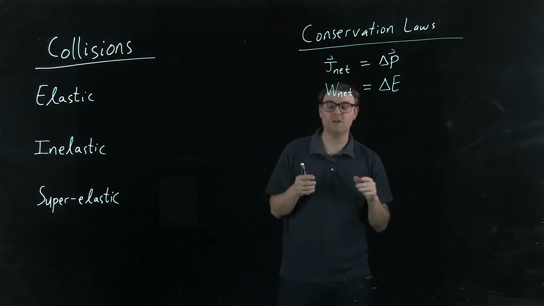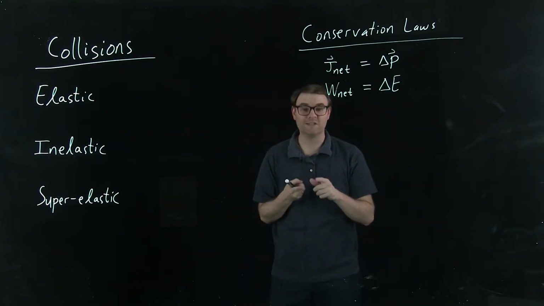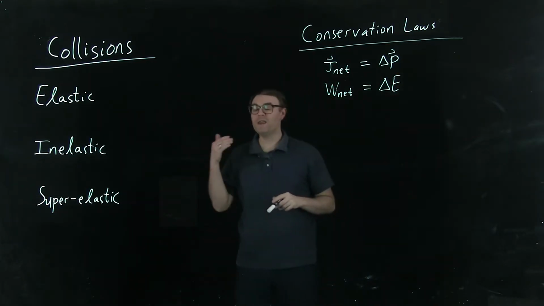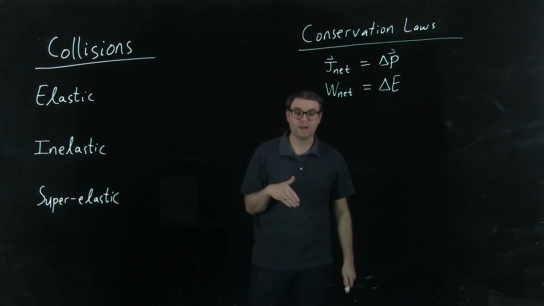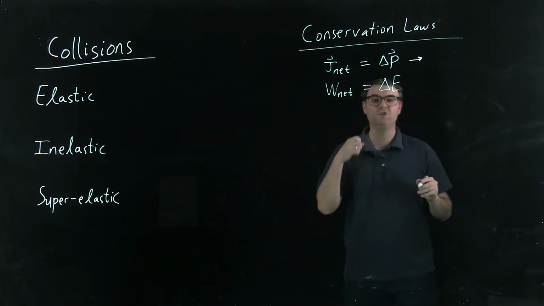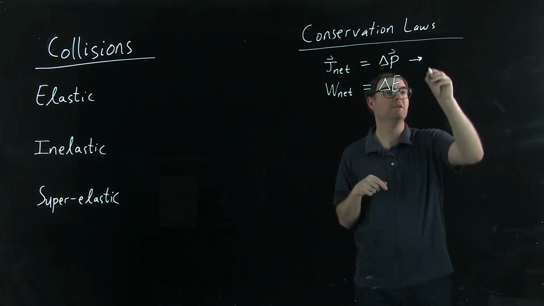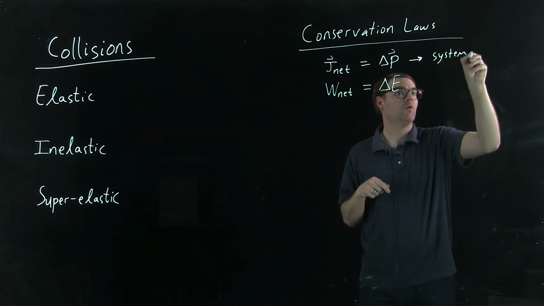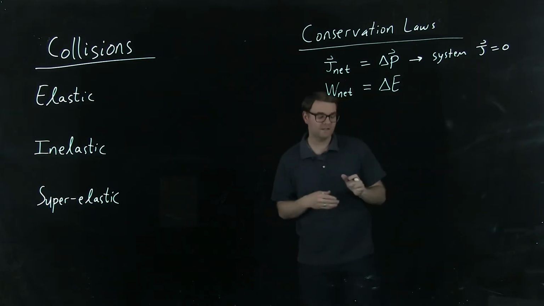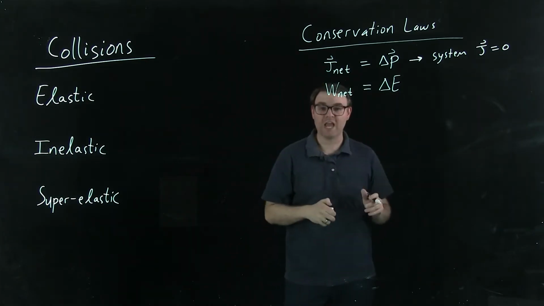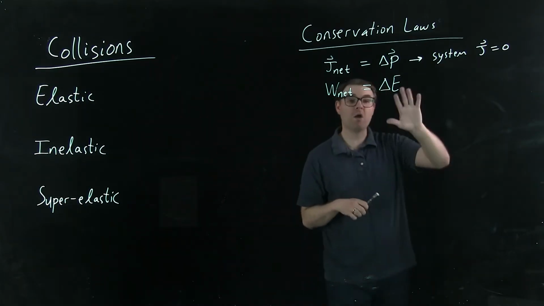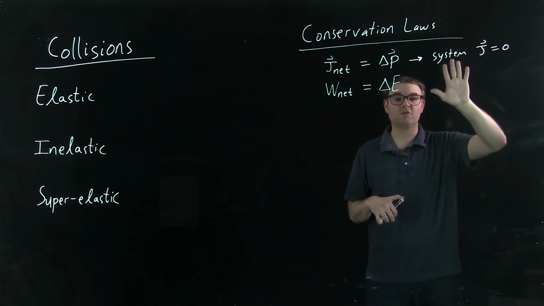Whenever you're going to think about a collision, the number one thing to do is make sure you define your system really carefully so you know when you can apply these conservation laws. When you're approaching a physics problem from the perspective of a collision, you almost always want momentum to be conserved, which means you want to choose a system where J is equal to 0. Now that's not always possible, but usually it is. If it's not, then you can go figure out what J net is by calculating the net force acting on your system. But one way or the other, if you know what's going on with your change in momentum,